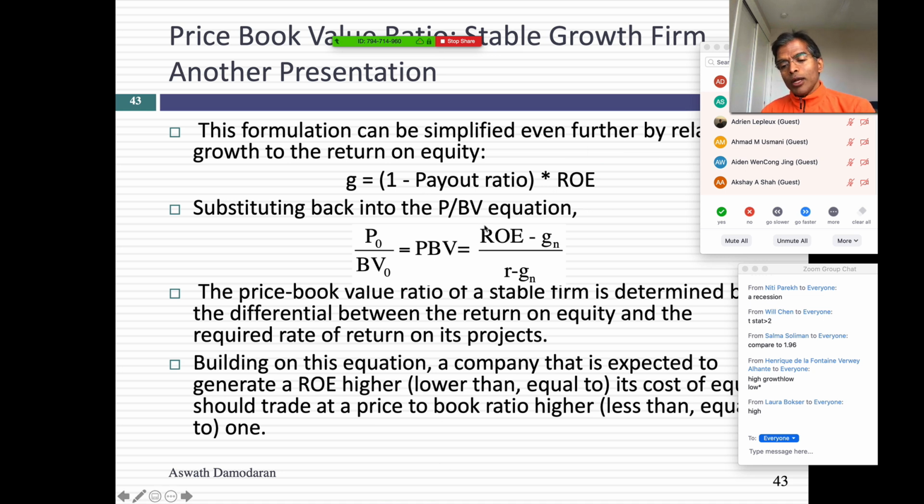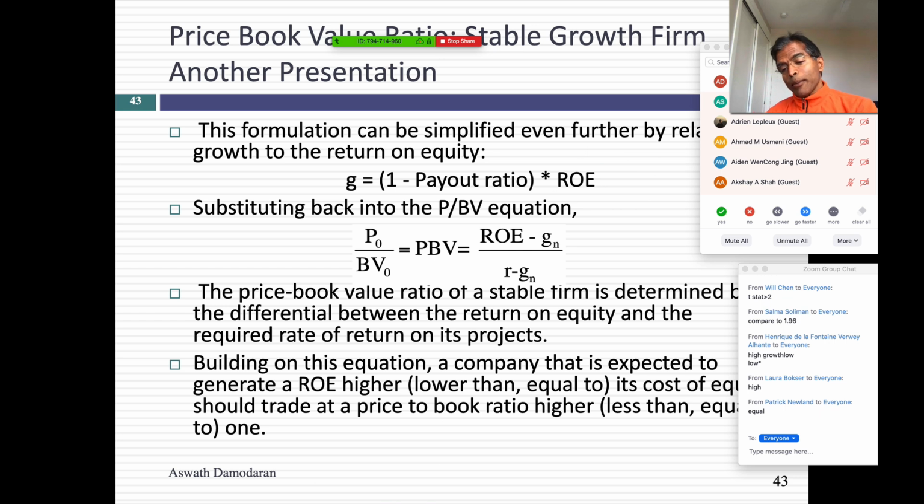If your return on equity and cost of equity are equal, then your price to book ratio is going to be equal to one. And when your return on equity is consistently lower than your cost of equity, what should you expect the stock to do? Trade at below book value, right? And if your return on equity is much higher than the cost of equity, you trade at a multiple of book value, 3 times, 5 times, 7 times book value.